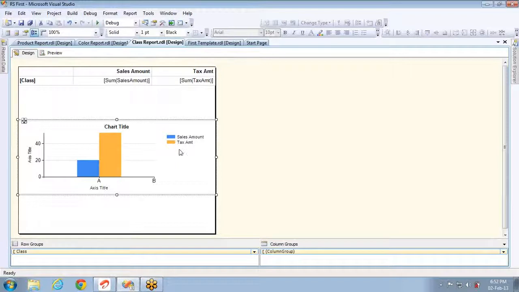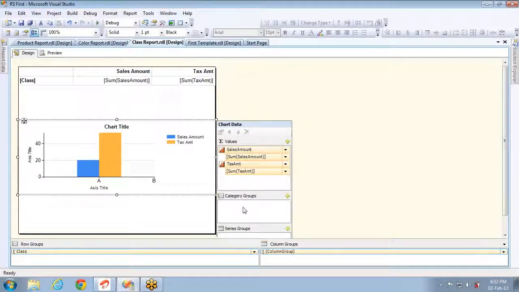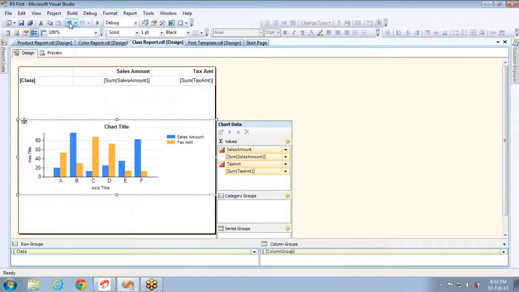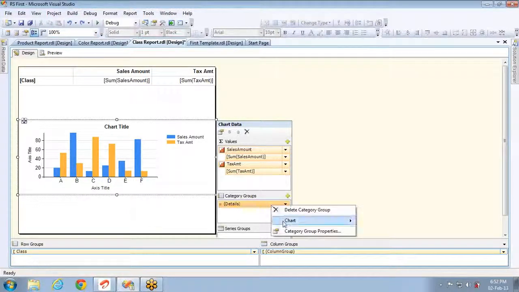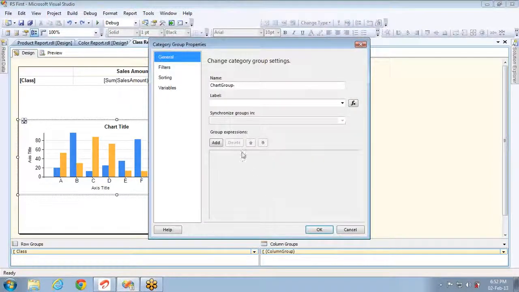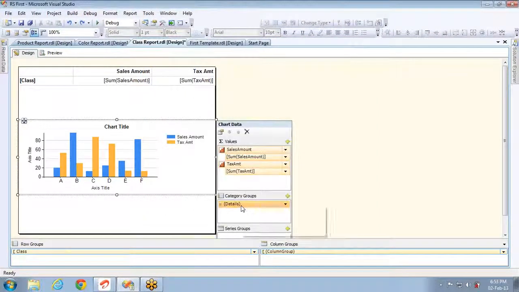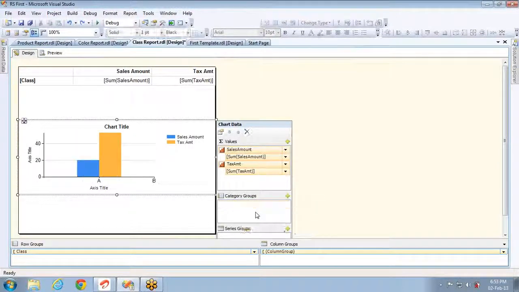Why was it showing so many records when the details was here? Let me take you back. You can see the details is back now. If you see the properties here of the details, it is not grouped on anything. That means it will get all the records. If I remove this, it will be just a sum.